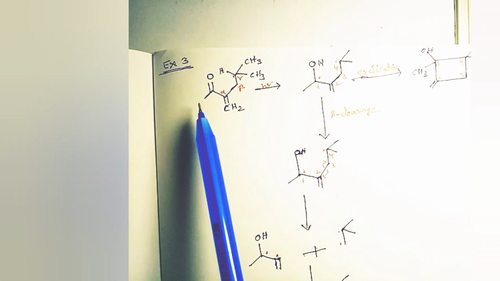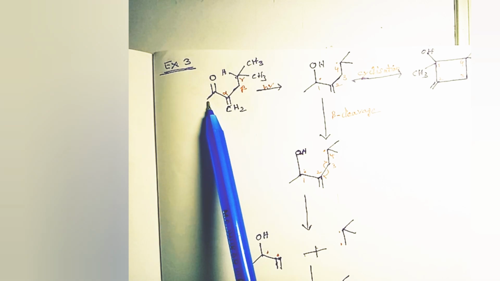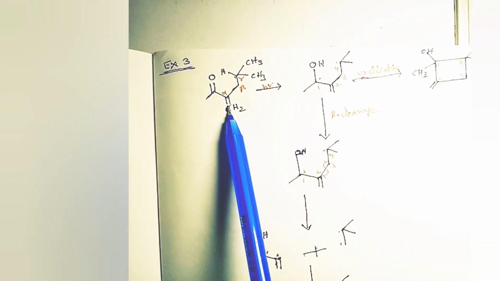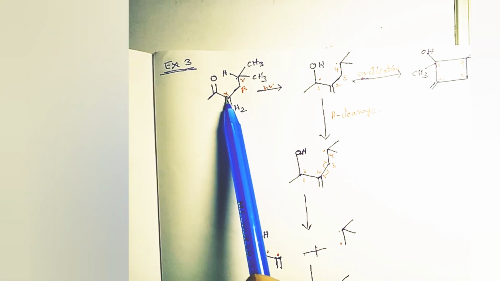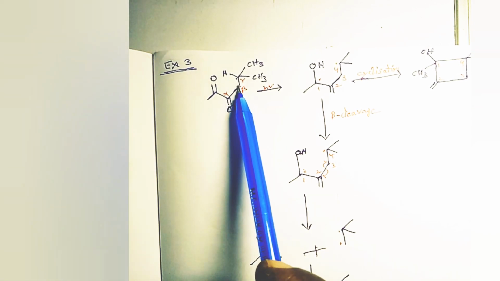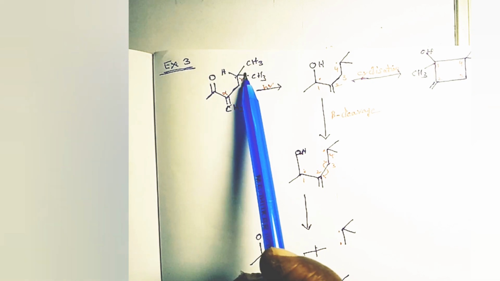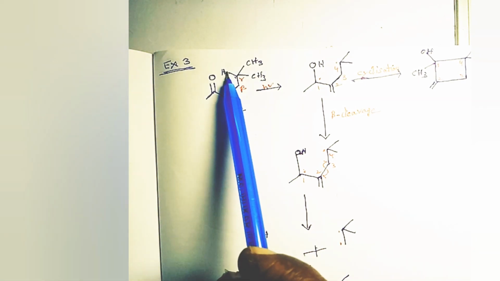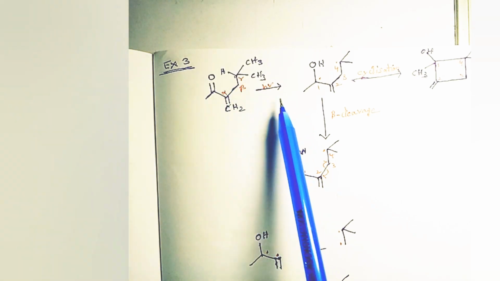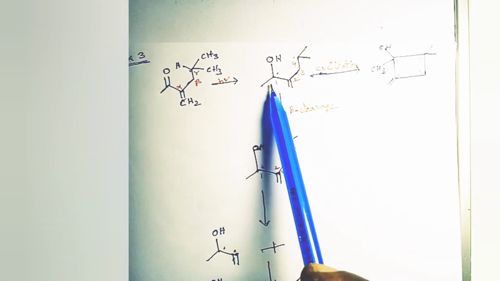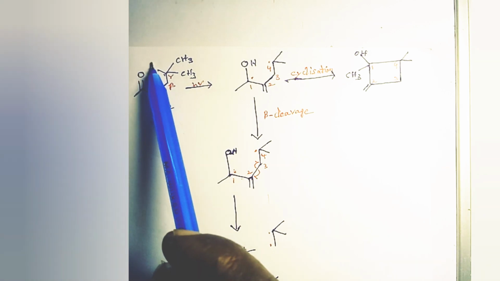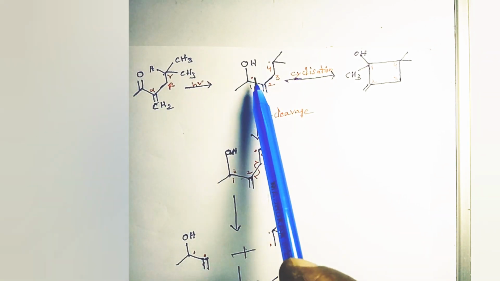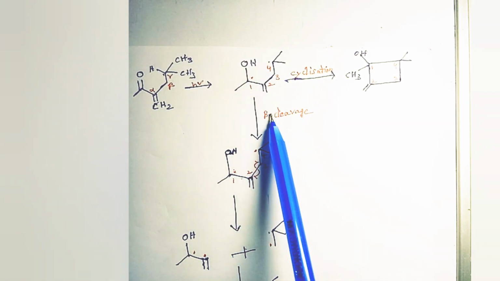Let's take a system like this. This is CH3 C double bond O CH2. This is the alpha carbon having CH2, then the beta carbon and the gamma carbon. The gamma carbon has two CH3 groups and one gamma hydrogen. Upon irradiation,